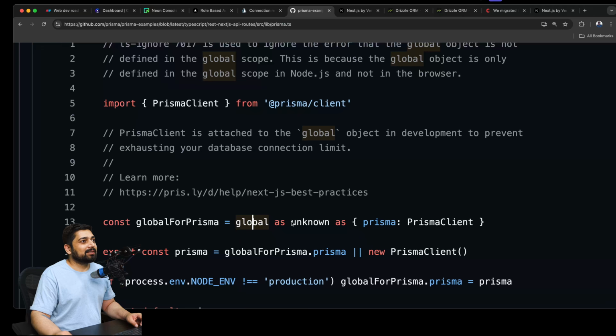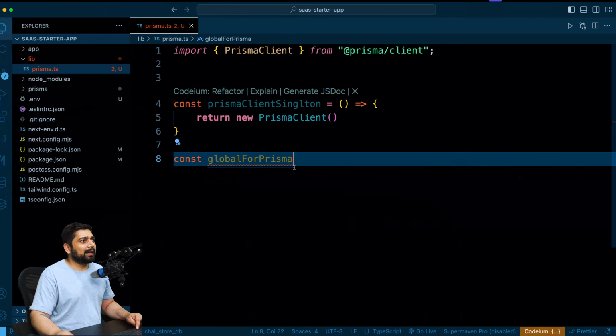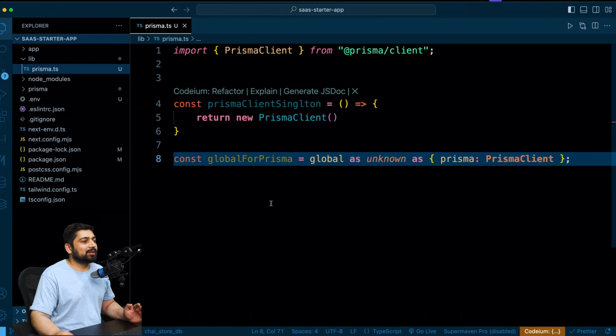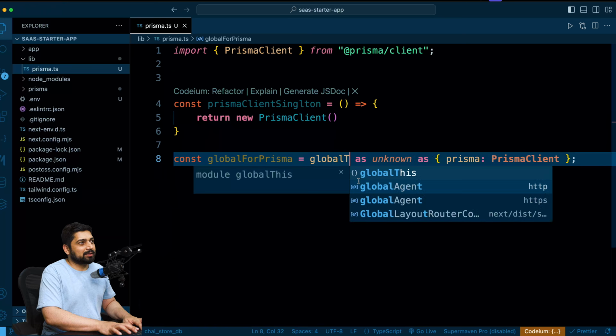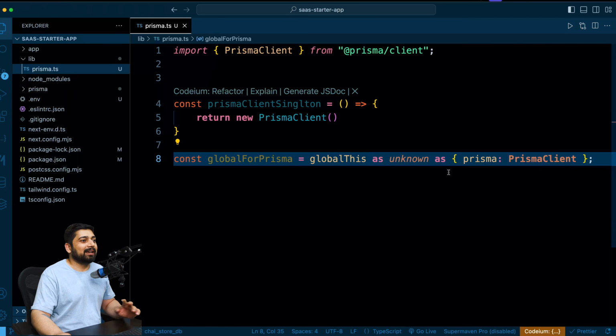In fact, we can just go ahead and copy this whole thing. We don't need to worry about that part. We can just copy and paste this. So this is the same stuff, global. Instead of global, let's call this globalThis, which will make much more sense. This is like a this reference. We are providing a context for it. So this as unknown as